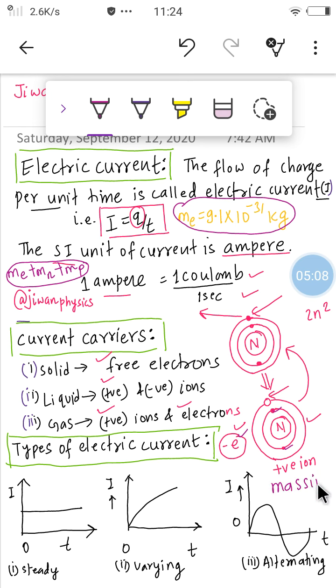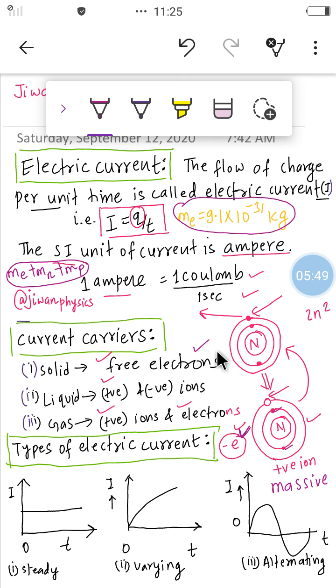Positive ion is massive in comparison to free electrons. And in case of solid, it is the free electron which can move within the conductor. In case of solid, the atoms or molecules cannot move from one end to the next end of the conductor. They only vibrate about their mean position. So the positive ion cannot move from one side to the next side of the conductor. So it is only the free electrons that drift within the body of the conductor, giving rise to electric current